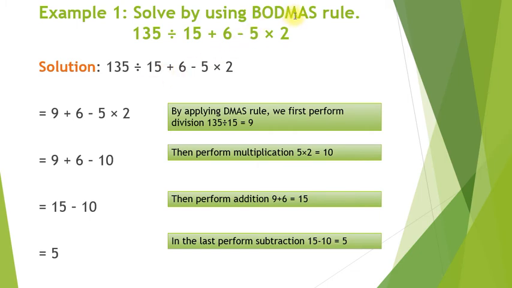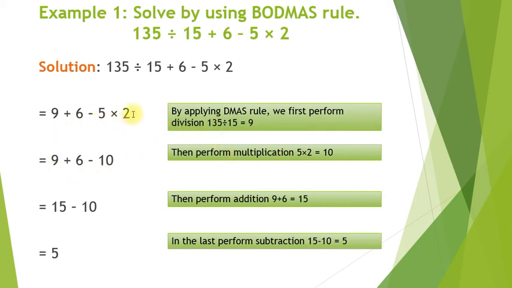That one is M. M stands for to multiply. Now we have to multiply. Where is the multiplication? Multiplication is in between 5 and 2. 5 multiplied by 2, we get 10. Now perform multiplication. 5 multiplied by 2 is equal to 10. Students, you have to write all the steps of the BODMAS rule. When you are solving the sum, you have to write in the same way as I have written.